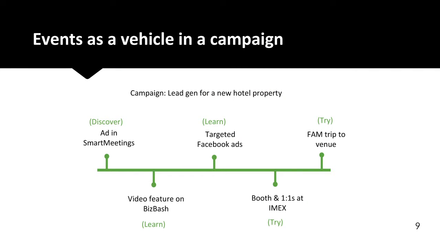So now people have learned that you exist. They've learned that you are a venue that is in an area that maybe people are looking for. So now you want to get to the try phase. How do you try a hotel? Well, there are a lot of ways to try a hotel, but thinking about the event world, perhaps you want a booth at IMEX, one of the largest, most impressive hotel event management events on the planet. You could get in front of all of those people in the audience, live and in person. You can have one-on-one meetings with people that want to set up time with you, with your hosted buyers. This is now trying a conversation and getting a much deeper understanding.